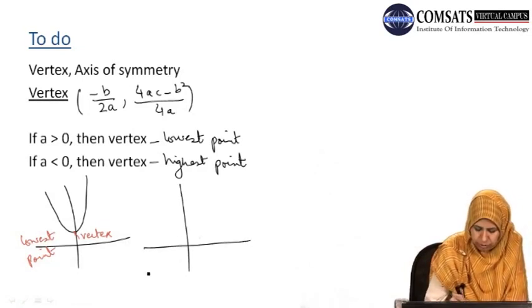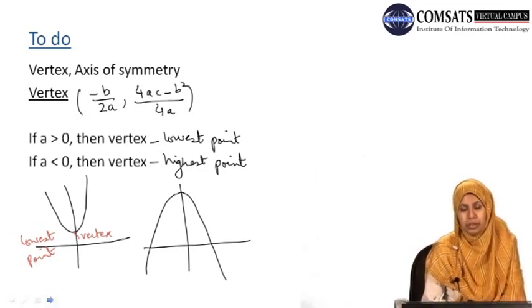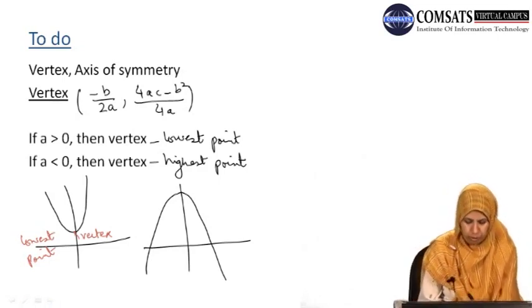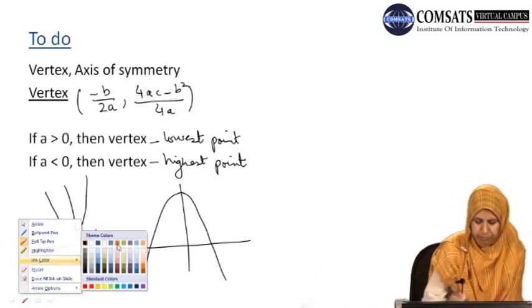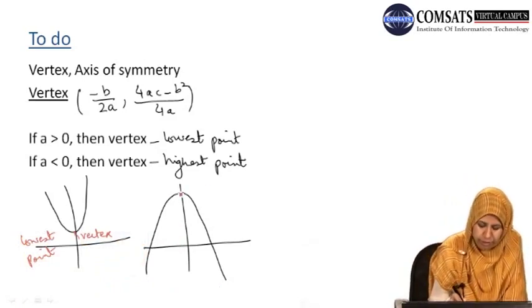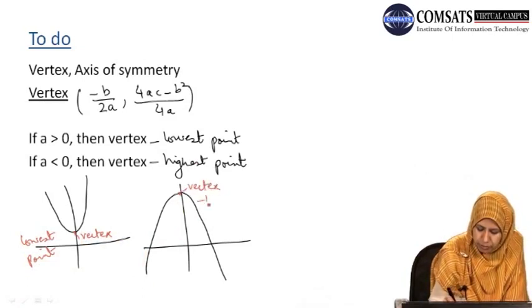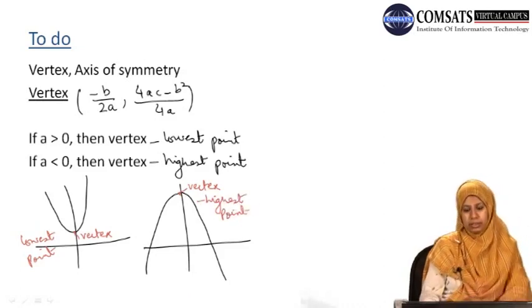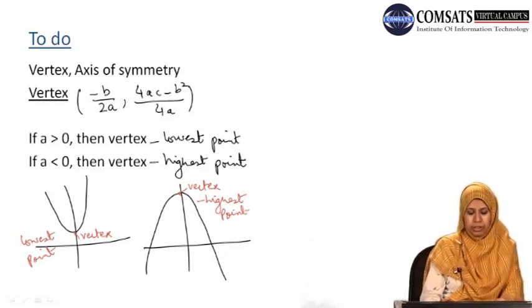And what do we mean by the highest point? For example, if this is our parabola, a is negative, so the graph will be definitely concave down, that is open from the bottom, and in this case the vertex will be basically the highest point of the graph, that is the maximum height the graph is attaining. If this point is the vertex, then this point is the highest point or the maximum value of y which is obtained from this quadratic function. For a positive, the vertex will be the minimum value of y.